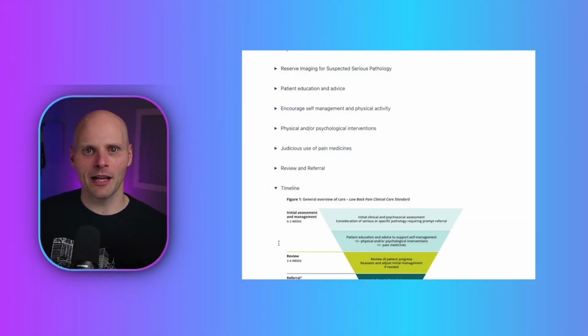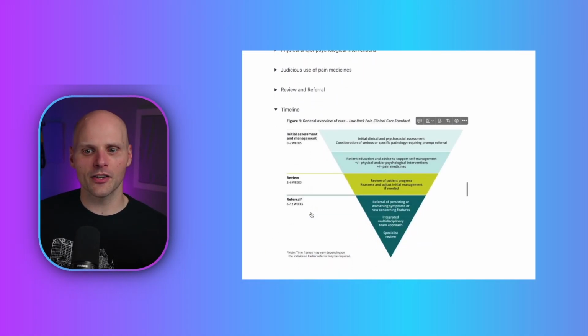And overall here, I just want to include as well a look at a timeline. This timeline here is a big chart, kind of an upside-down pyramid. What they're saying is essentially in the first 2 weeks up here, we're doing the initial management and assessment. And then between weeks 2 and 6, we're doing review, meaning if you saw someone initially and you're thinking, man, they're really sensitive, or that's a lot of pain, maybe bringing them back earlier for an evaluation might be better to get them another touch point to see how they're doing, for reassurance. Lots of different reasons, but that might be something to consider.